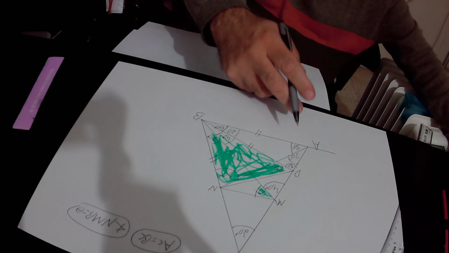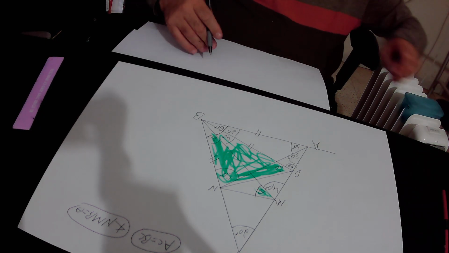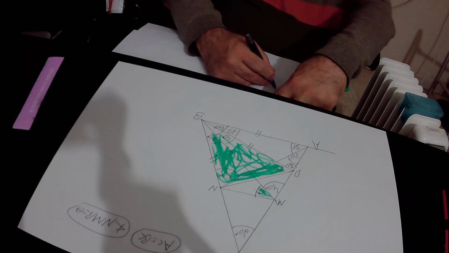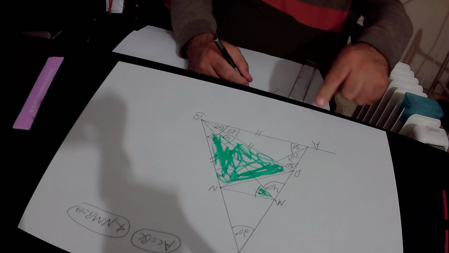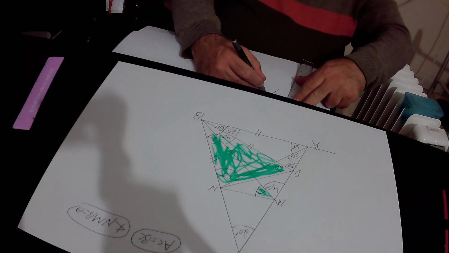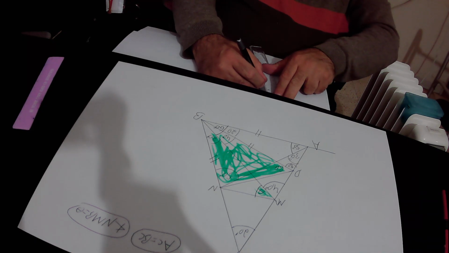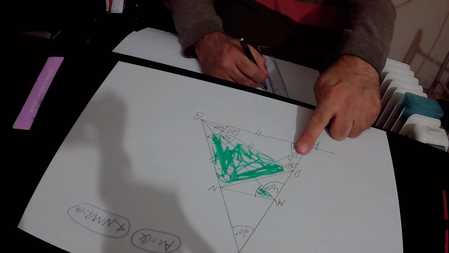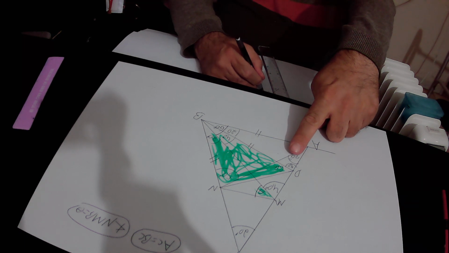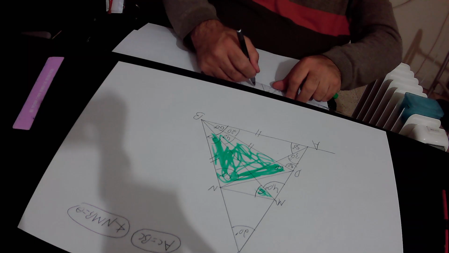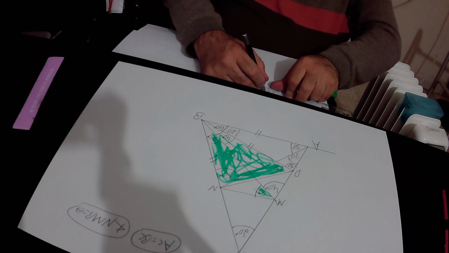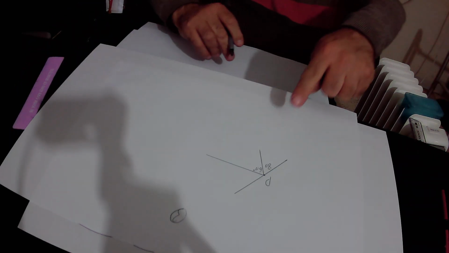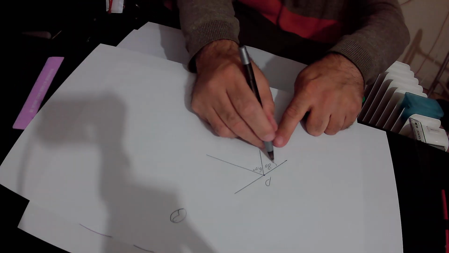So we focus on its point D here. At point D, this angle equals 80 degrees, this angle equals 60 degrees, and according to the rule